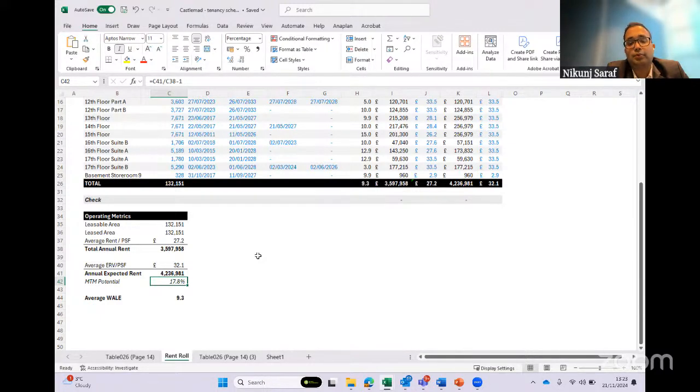What is the mark-to-market potential? Mark-to-market potential is the difference between the market rents and the in-place rents, because some of these leases would have been locked in 5 or 10 years ago when the market rents were lower, and because they're typically locked for a 15 or 20-year period, the tenants are paying lower rents by virtue of having agreed the lease in the past, whereas the market has moved significantly since then. So what this says is when these leases expire, I have an opportunity to increase my rental income by about